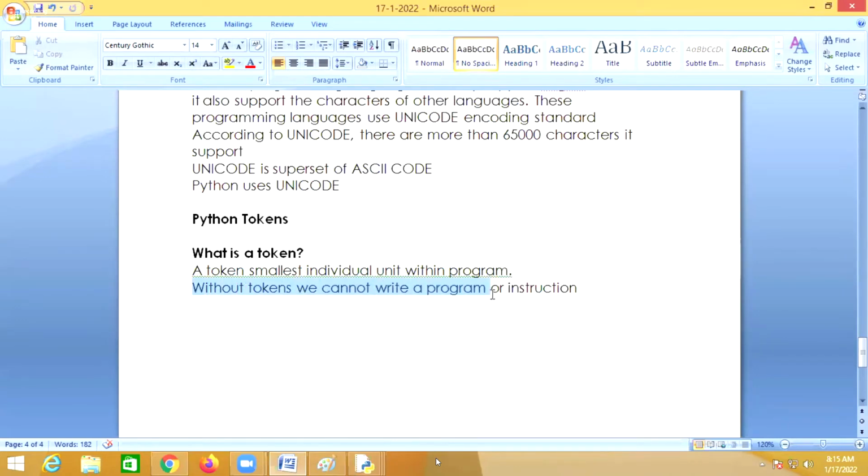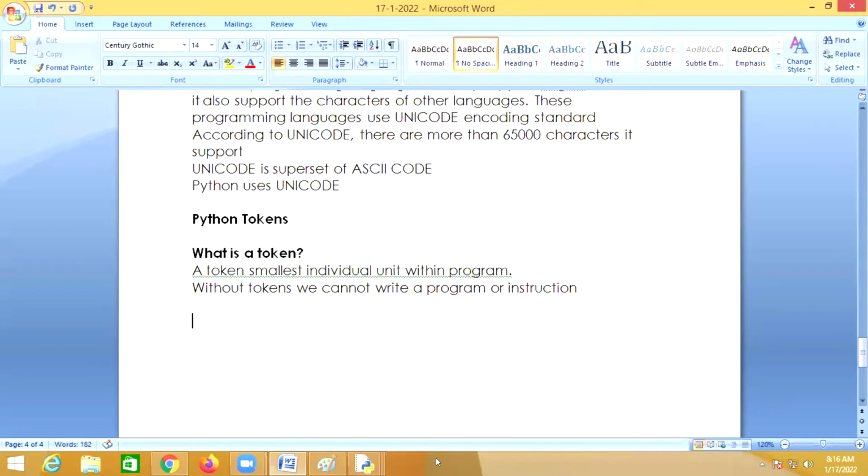So a token is required in order to write a program or to represent your instruction. That is where I said a token is the smallest individual unit within the program. So without a token, we cannot write a program.